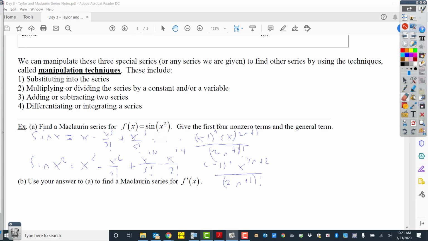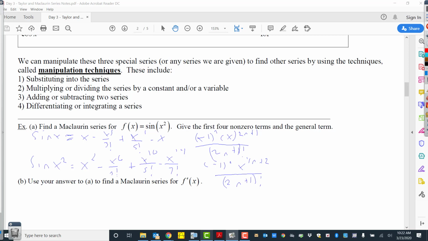Because the next term here would have been minus x to the 7th over 7 factorial. Okay, I ran out of space a little bit there, but that is the whole idea of